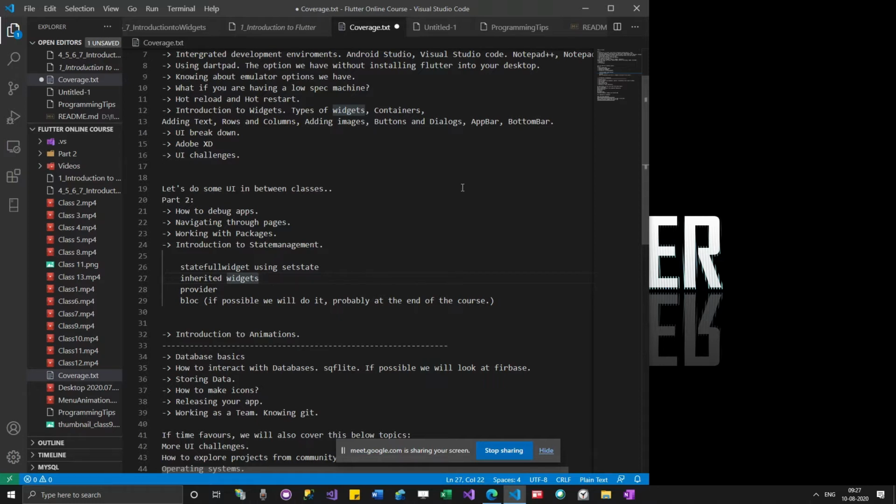If you want to access some value from another level of widget, for example there are 10 levels of widgets, and in the first level you have set some value, and you want to access it at the 10th level, you have to pass that value from level 1 to level 2, level 2 to level 3, level 3 to level 4, level 4 to level 5, like that you have to keep on passing it until you access it at the 10th widget.